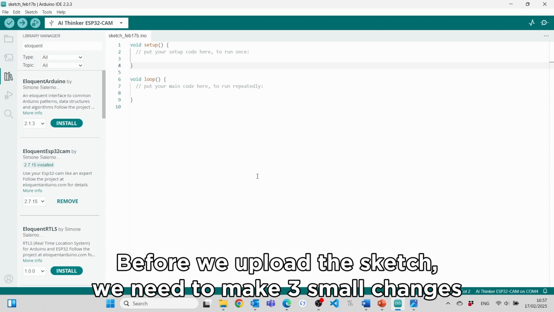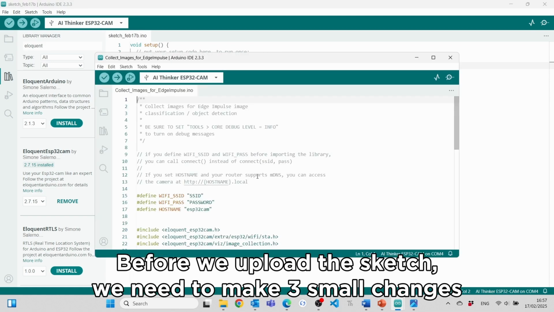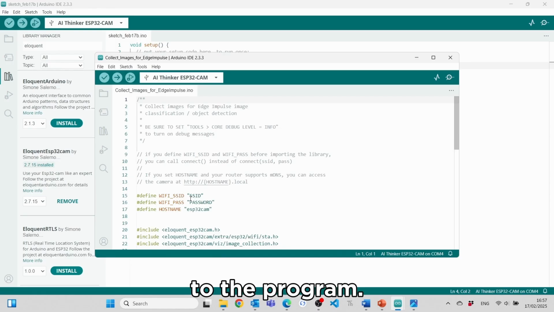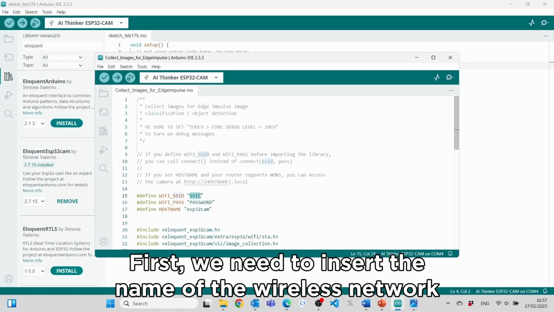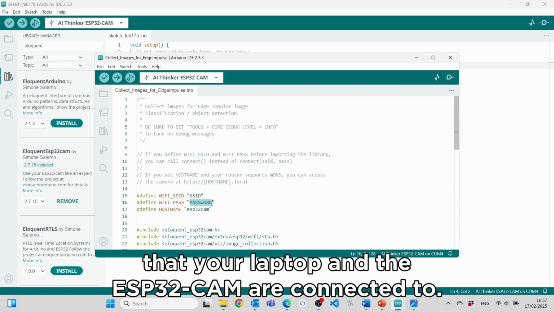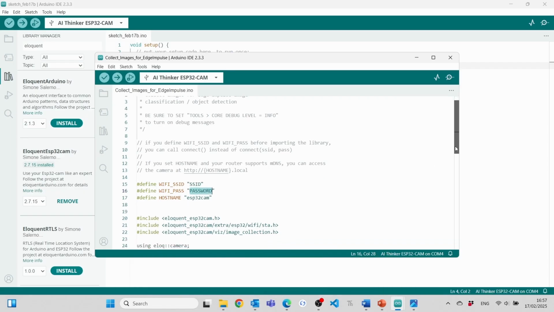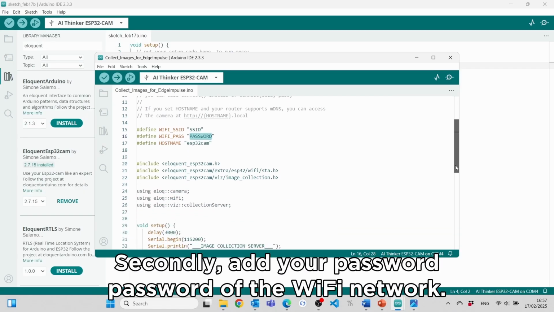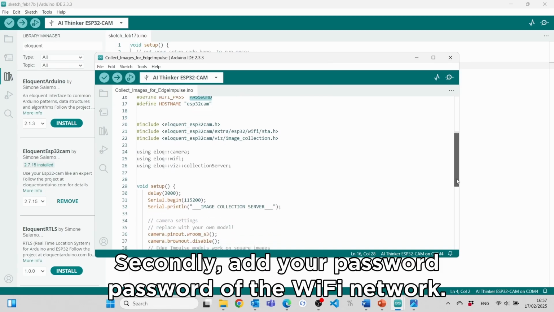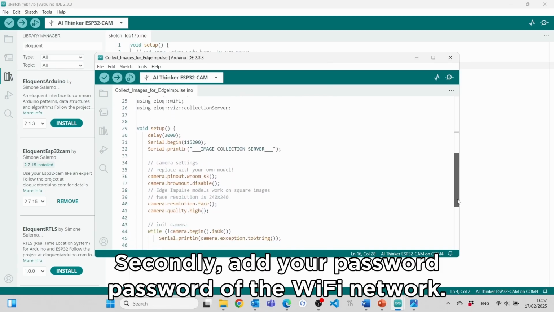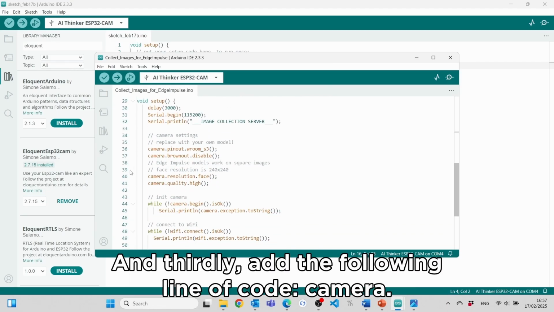Before we upload the sketch, we need to make 3 small changes to the program. First, we need to insert the name of the wireless network that your laptop and the ESP32CAM will be connected to. Secondly, add your password of the Wi-Fi network. And thirdly, add the following line of code: